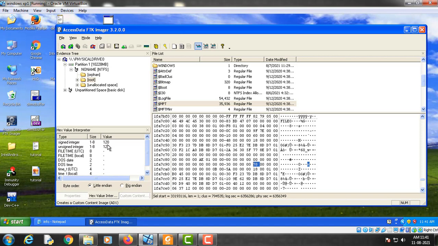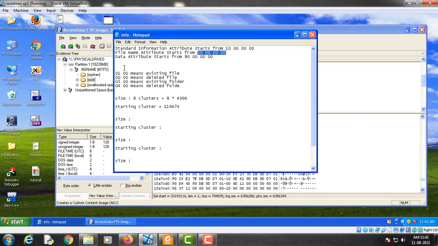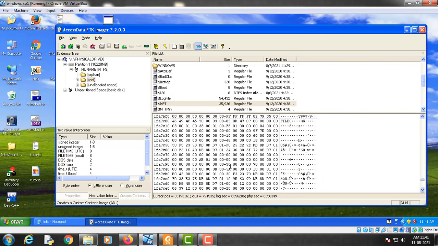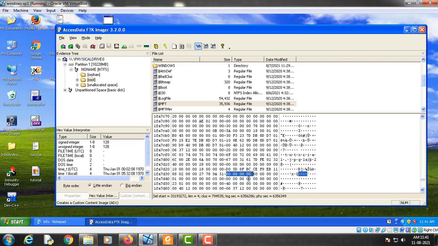The next attribute is the data attribute, which starts from 80. And if we go further down here, then we will see that this is the starting byte of the data attribute. Okay.